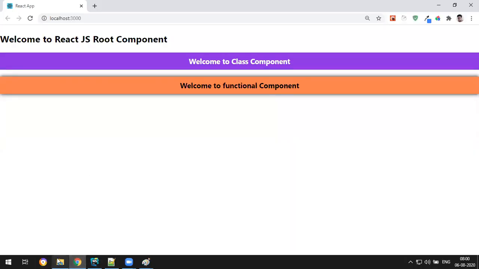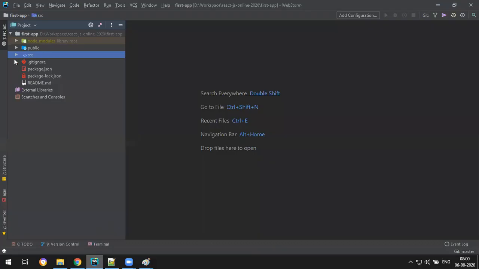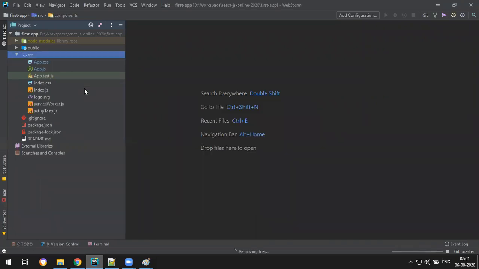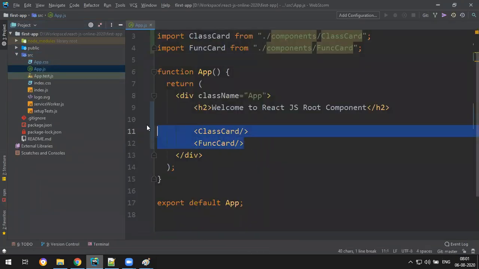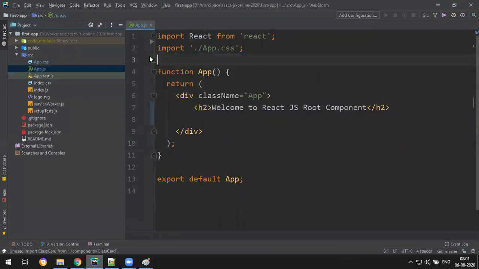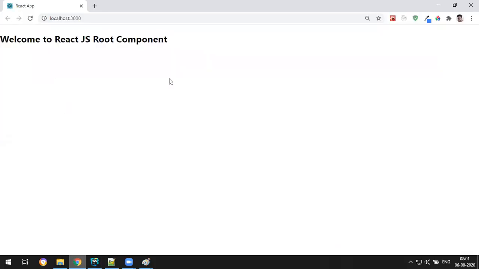Okay. So what I have done, I just took a backup of the source code. So I can delete now the components folder. I can delete these two, and also I can delete these so that it will be a fresh application now. Just React.js. Okay, fine.